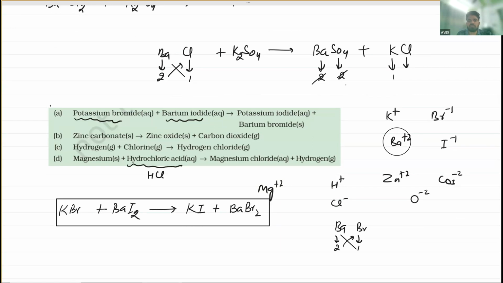Next one is zinc carbonate. What's the formula for the zinc carbonate? ZnCO3, because both have valency 2, they combine together. ZnCO3. When it is heated, it will give you zinc oxide plus carbon dioxide. So zinc carbonate